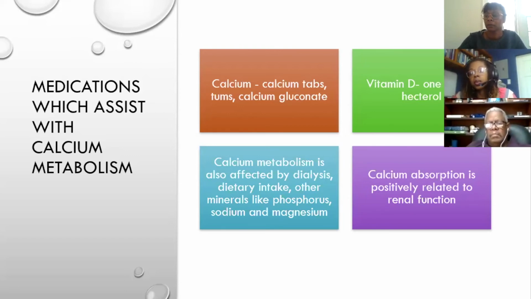The thing is with the vitamin D is that we give it in the form of 1 alpha, and not the normal vitamin D3 that you will see sometimes even included in your calcium medications. Sometimes it comes as a pair, like calcium, caltrate D. But unfortunately that vitamin D that is given with that calcium is not of much use